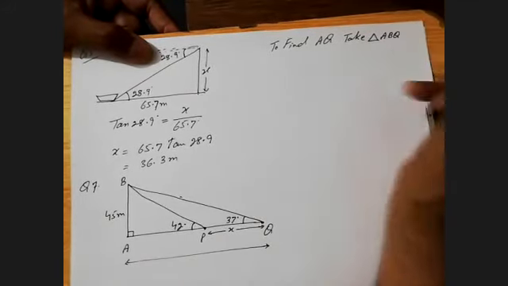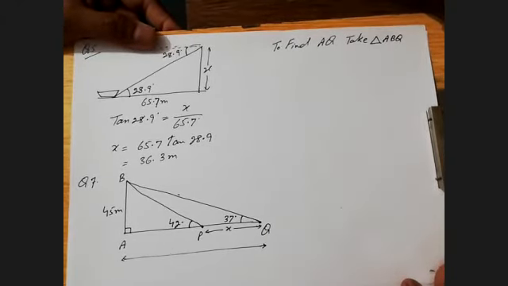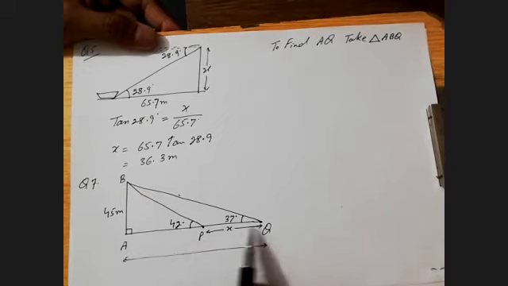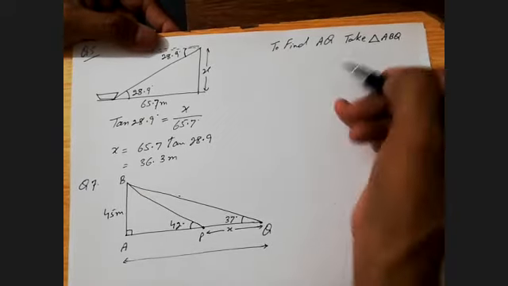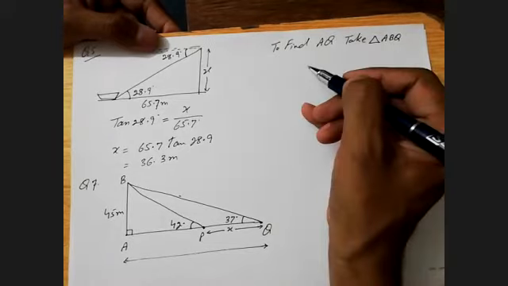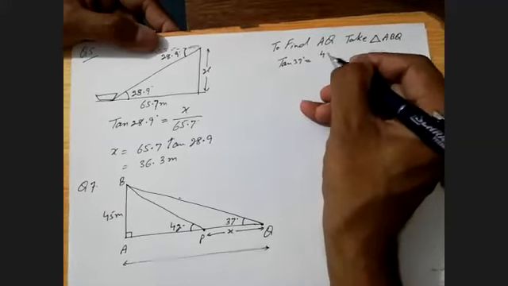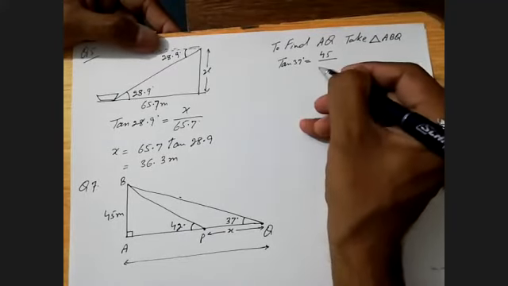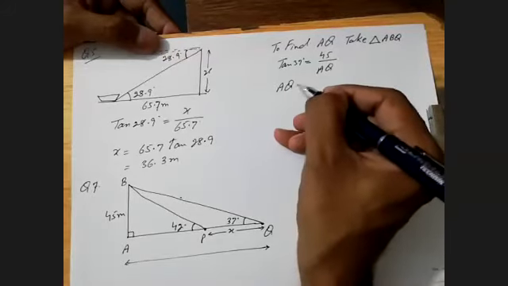As you can see, ABQ is a right angle triangle, because this angle is the common angle for both the triangles. I am taking triangle ABQ. So tangent 37 degree is equal to perpendicular over base AQ. So AQ is equal to